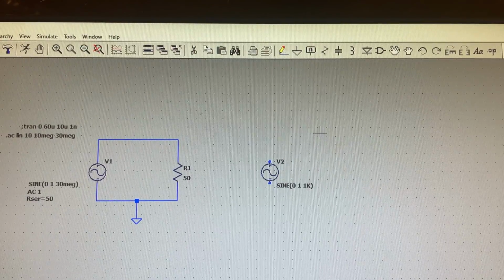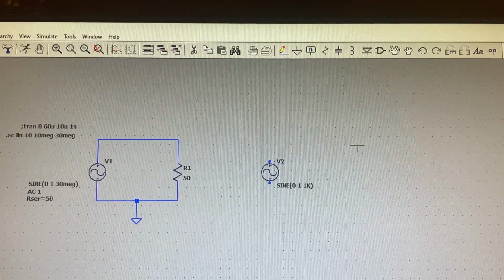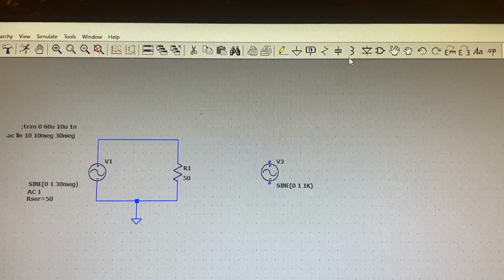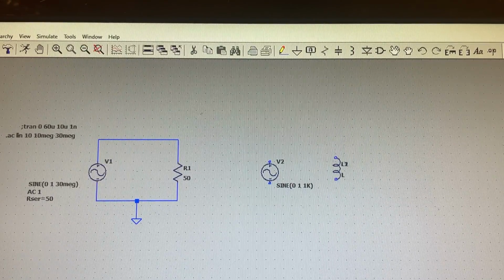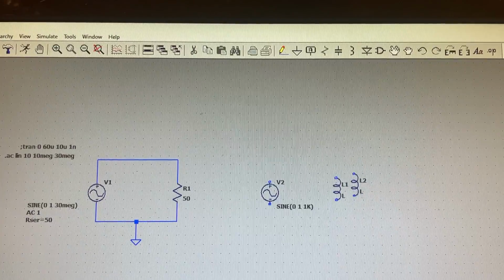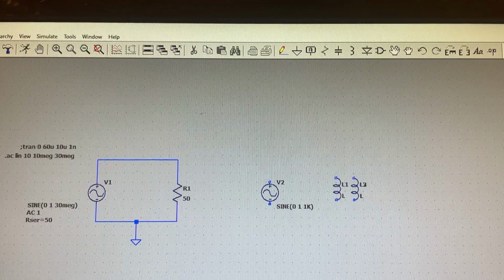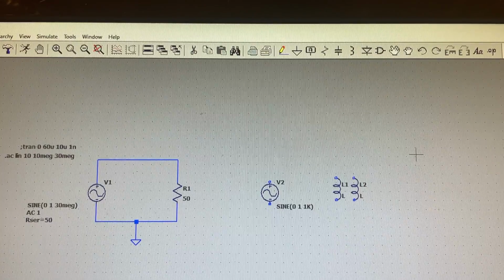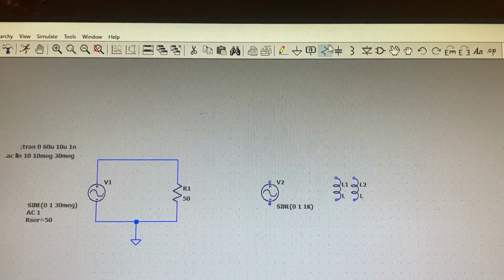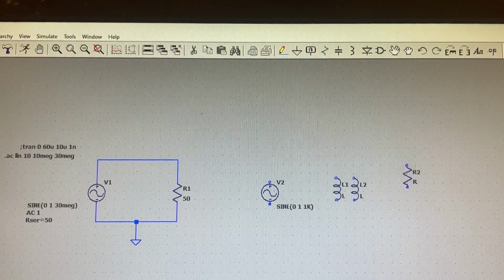And then we right click, and we're going to put a transformer in the circuit. Okay, so a transformer is made up of basically two inductors, this particular type of transformer. So L1 and L2. Okay, and then right click. Then we're going to add a 50 ohm resistor